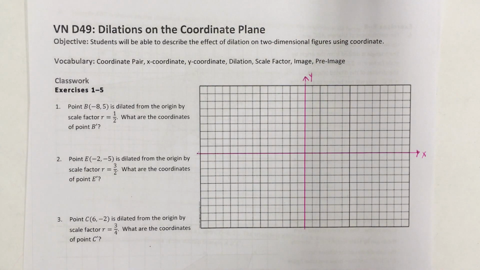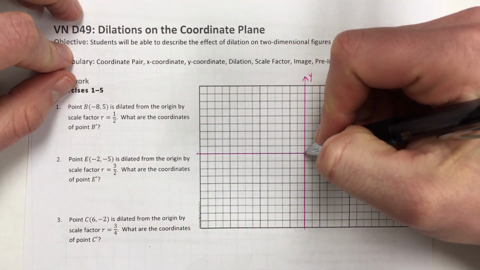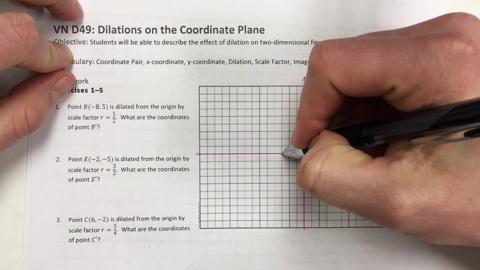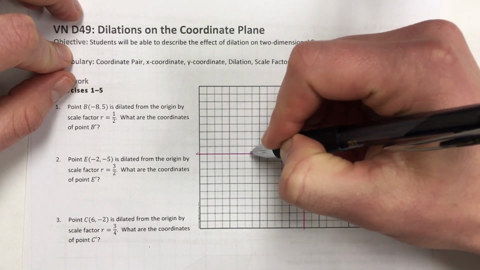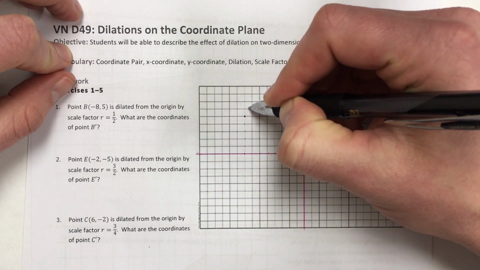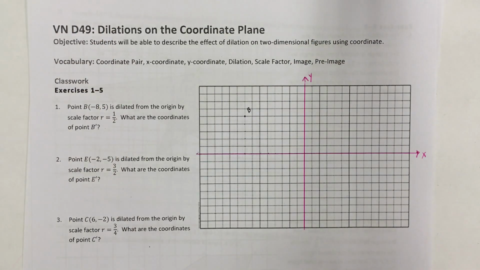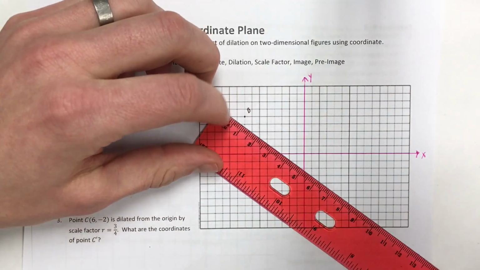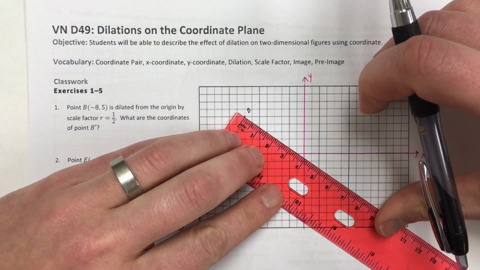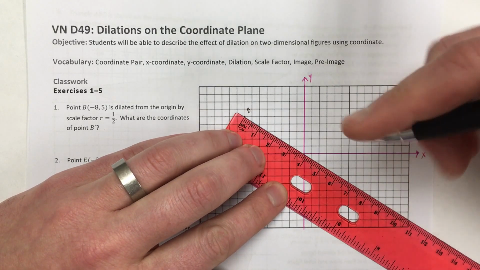And so as you're looking at it, question number 1 says point -8, 5 is dilated from the origin by a scale factor of 1/2. What are the coordinates of B prime? And so if you're looking at this and you count -1, -2, -3, -4, -5, -6, -7, -8, 1, 2, 3, 4, 5. That would be the point B. And for the moment, we've got this idea that we can use a compass or even a ruler. And if I measure between point B and the origin, I realize that this is approximately